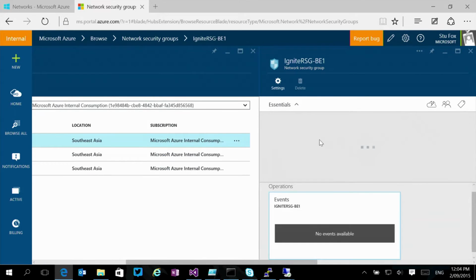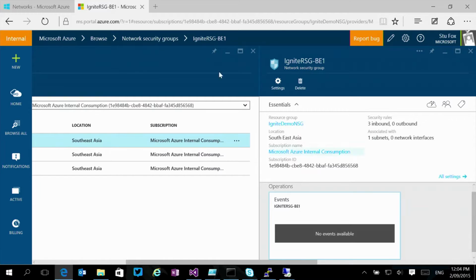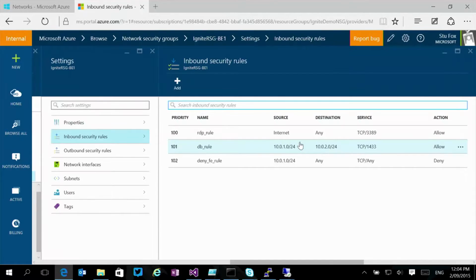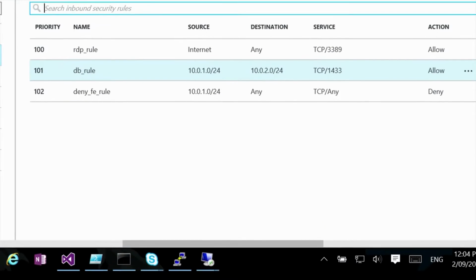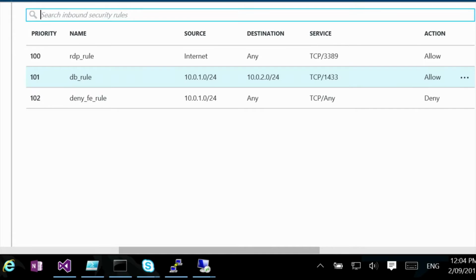So I'm going to look at this backend one. And I'm in the new Azure portal here now, so you will have seen I've switched over to the new portal. I've got 2 running at the moment. And so I've got this network security group, and you can see here, and hopefully you will see that, I've got 3 rules applied. I've got an RDP rule, which allows any traffic from the internet into my subnet on 3389. I've got a database rule, which allows any traffic from my front-end subnet into my subnet on 1433, so database traffic. I can be more granular here, but I'm slack, so I didn't. And I've also got a deny rule, which basically says anything else coming in from my front-end network, just deny,